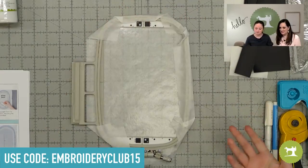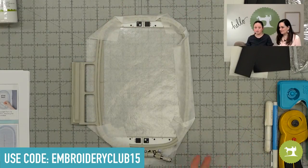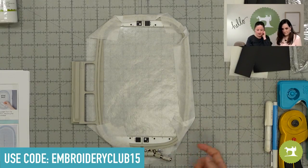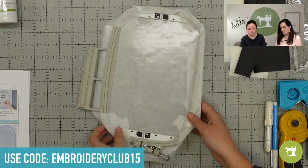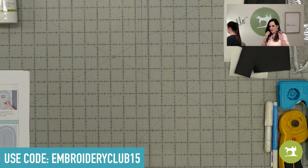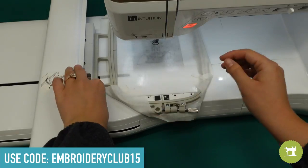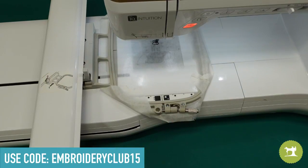So yeah, really simple. All right, so now we're gonna go to the embroidery machine, and what it's gonna do is a placement line. You're gonna stitch right on your stabilizer. Okay. That's what I like about Kimberbell. They make it so that you really don't have to think about placements or anything. No, you don't. So I'm on the Baby Lock Altair today, which is way fun. It's an embroidery and sewing machine all in one. So when we get to the sewing part,